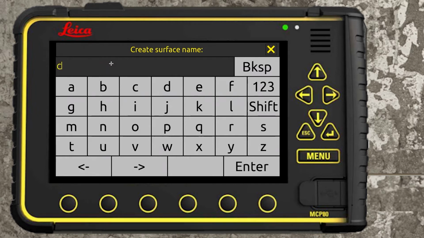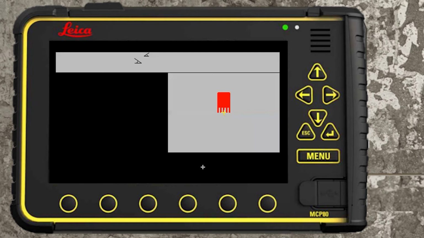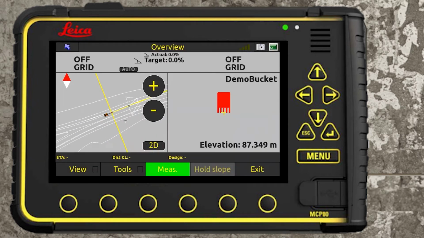so create surface test. Okay, so there you can see it there now. That's the surface we've just created. Select OK. Now that'll load that straight in. So you'll see it here now. It might take it, yeah, so that's it there. You can see just taking the machine to track down to get onto it. It'll show you our